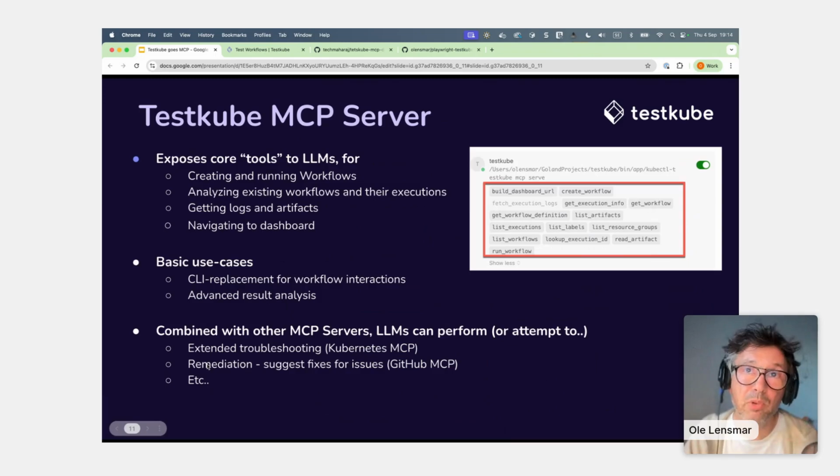But I think where it becomes really interesting is when you combine the Testkube MCP server with other MCP servers. So for example, the Kubernetes MCP server for more advanced troubleshooting, right? So why did this test fail? The LLM can both look at the artifacts and data retrieved from Testkube, but it can also go out to Kubernetes itself and maybe try to collect some data from there. Or if you're looking at remediation, if you want to create a pull request, as we talked about earlier, that fixes a failure identified by a test, an agent or a prompt could automatically do that for you